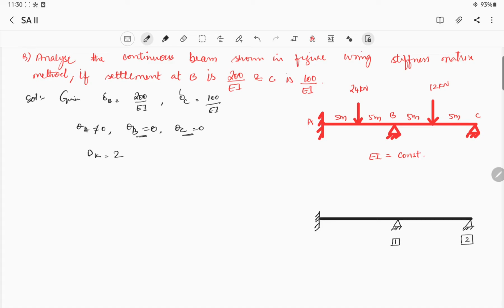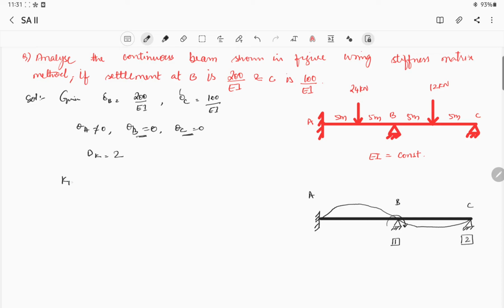So what we are doing, we are giving a rotation at this node 1. I'll try to rotate this entire support in clockwise direction. So what happens if I rotate this one? My beam will get deflected in this fashion, and here also my beam will get deflected like this, isn't it? So this is A, B and C. If I rotate the beam at node 1, what happens?